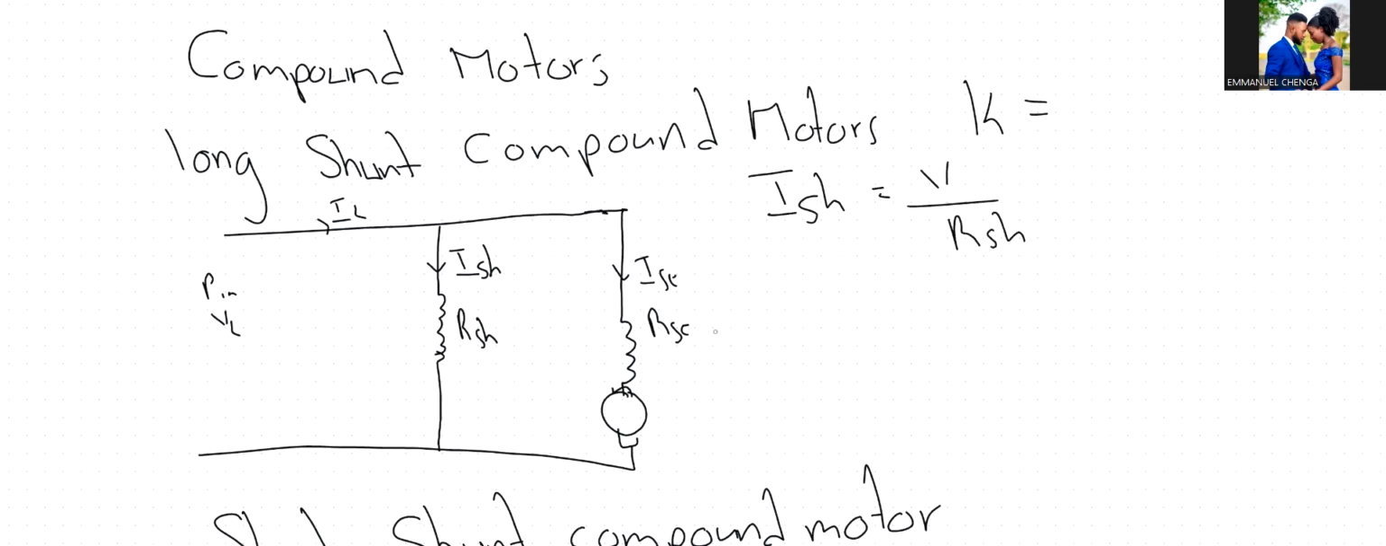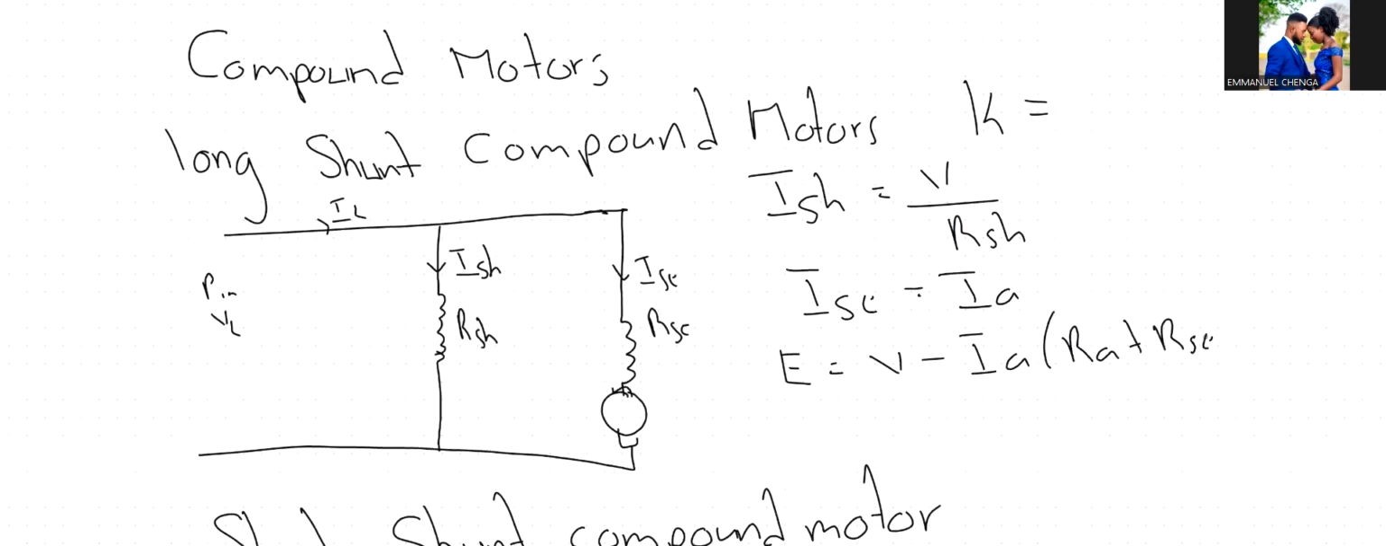All right, okay. And then the other thing that you should know, since your series resistance and the armature are in series, your I series will be equal to IA, meaning the current is the same. And then how do I calculate my EMF now? It will be V minus IA, open bracket, now you have two things there, RA plus R series. And remember, I said if you are given the brush voltage or the brush resistance, you also have to include that. Okay. So these are the calculations which you have to do with the long shunt compound,